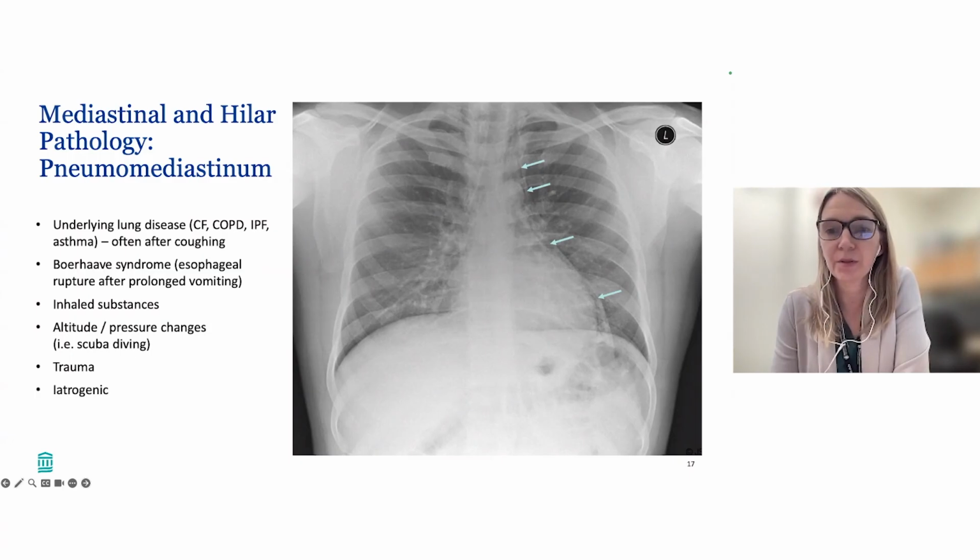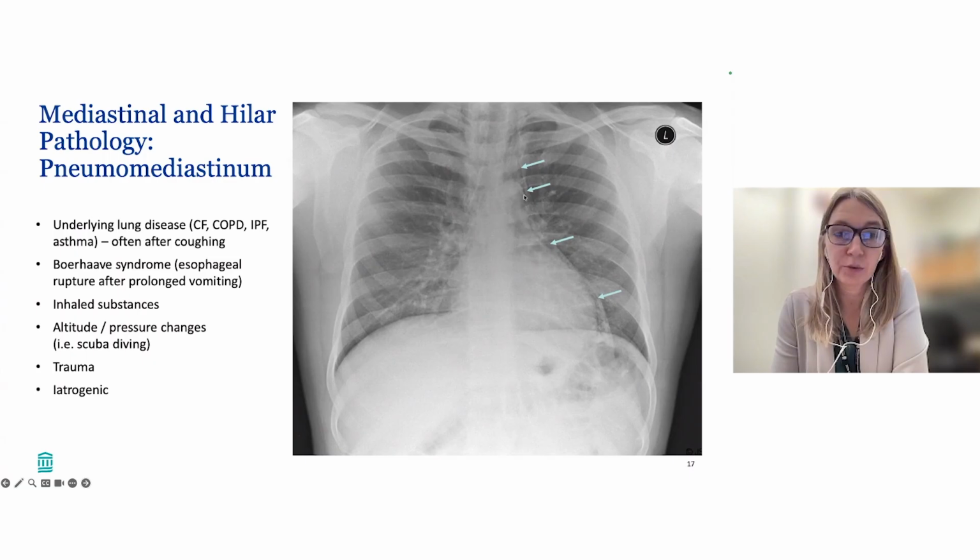severe coughing episode. Other causes of pneumomediastinum include inhaled substances, altitude or pressure changes, such as occur with scuba diving, trauma, or iatrogenic after an esophageal or intrathoracic procedure or surgery. Pneumomediastinum can be identified on chest X-ray as a thin layer of air that outlines mediastinal structures. On this chest X-ray, you can see a thin dark line of extraluminal air, shown here, with the blue arrows